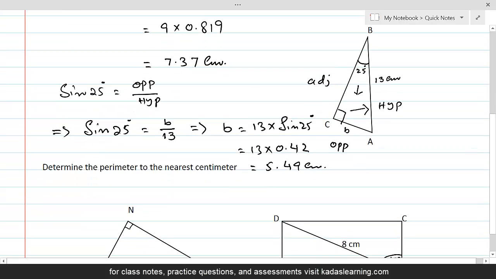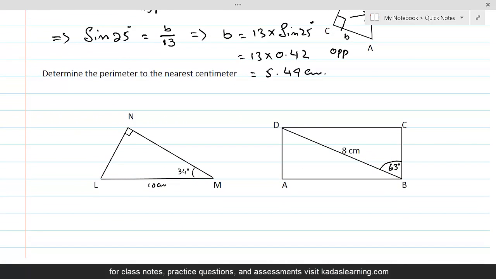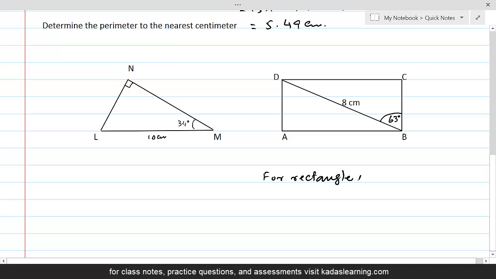And now we have another question in which we are given two figures. One is a rectangle, another is a triangle, and what we need to do is determine the perimeter to the nearest centimeter for both of these figures. Let's do the rectangle first. For rectangle A, B, C, and D,